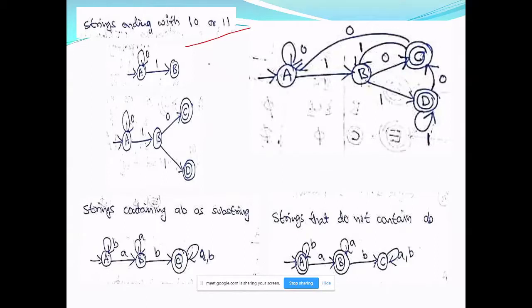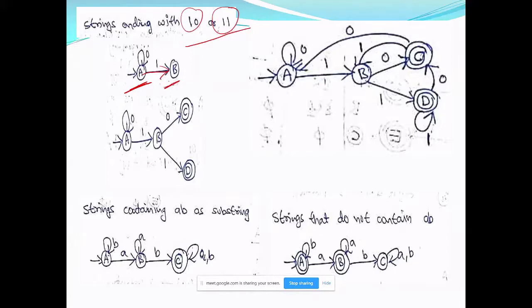Now what I require is that the last two symbols should be 10 or 11. So if the symbol is 0, I am starting from this initial state. Initially, if you have zeros, I need not remember. So I am still in A. Usually A stands for remembering nothing or null. So if it is zeros, I need not count or remember them. So I am just in A. Suppose I get 1, I am changing the state. So I am changing to B, which means at the end you have 1.